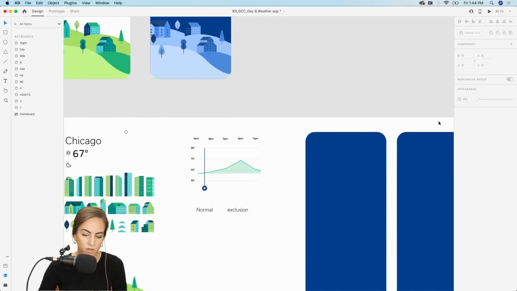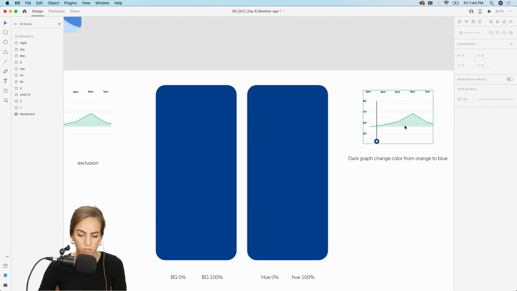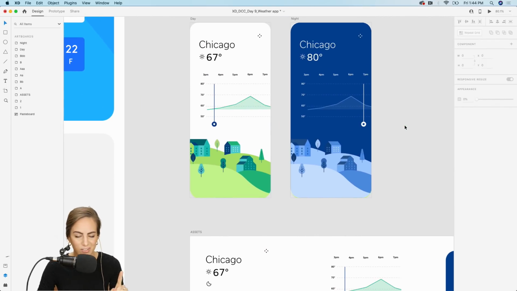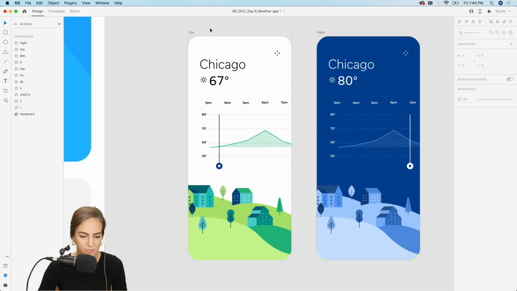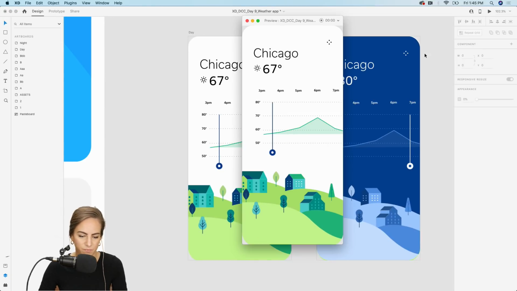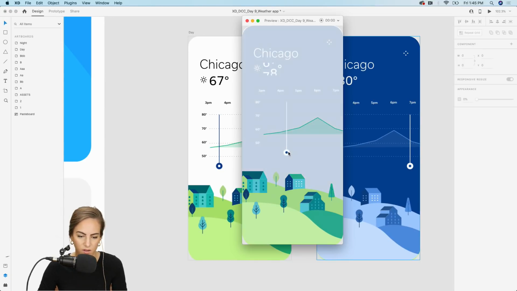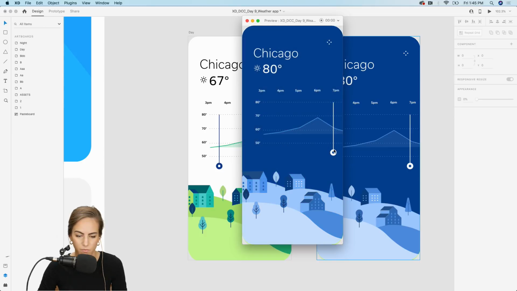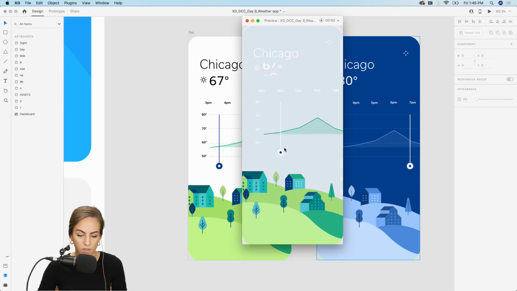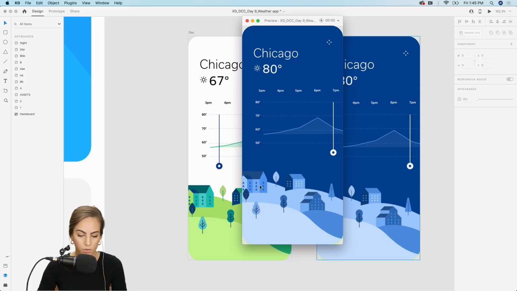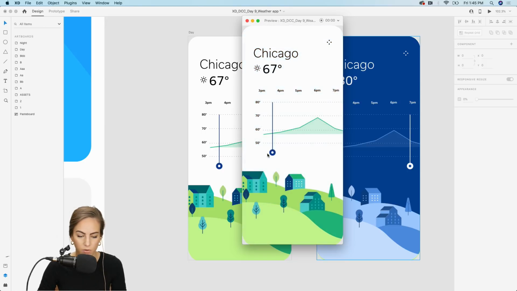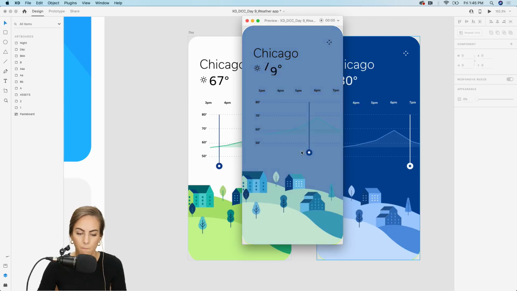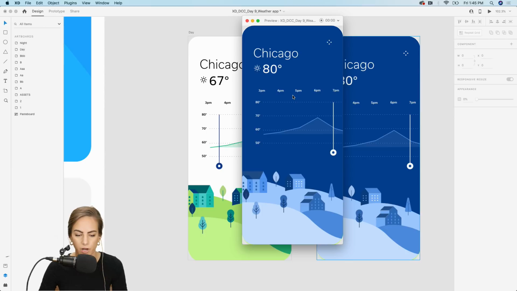And there's one extra thing at the end that I need to change with the graph, and you'll see why in a second. So let's go ahead and preview this. Okay. So the color, we'll notice at the bottom, looks good. That's changing gradually from green to blue. But now the text is not going gradually.